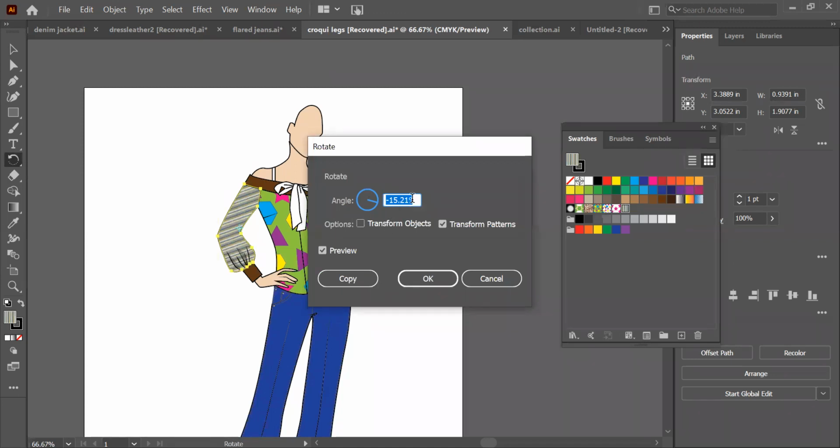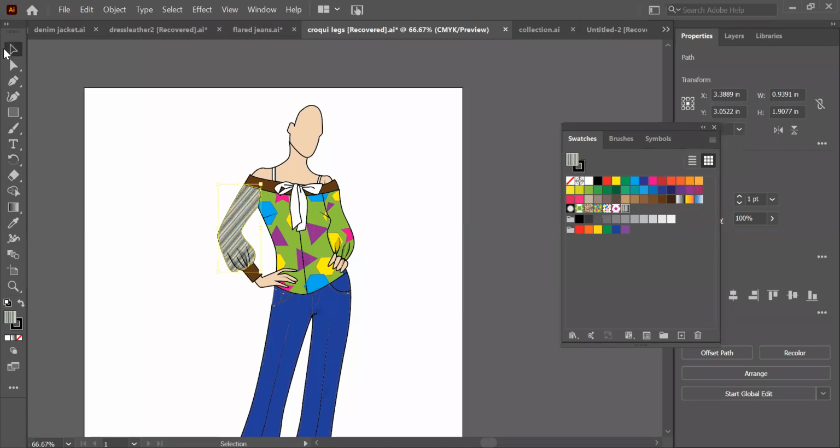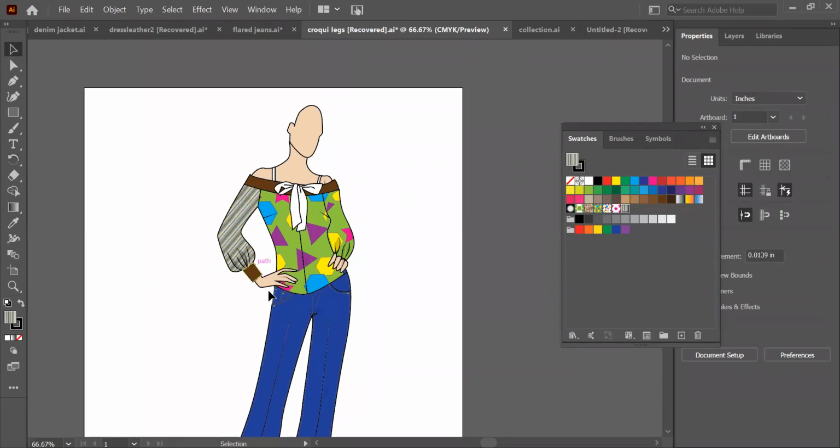This is at 15, so I'll just type 15 degrees. See where it is going. Transform object should be unchecked, transform pattern should be checked, and you click OK.